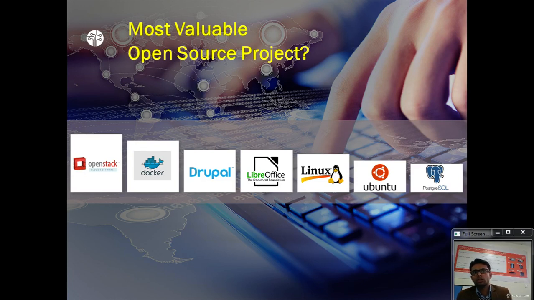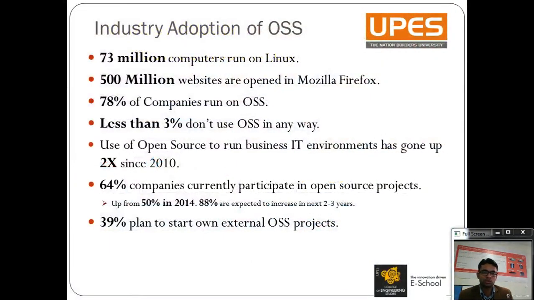And Drupal has great standard features like easy content authoring, reliable performance, and excellent security. And Docker is also an open source project that automates the development of applications inside software containers. Ubuntu is a very famous open source operating system, Linux. These are all very valuable open source projects which they have developed. So these are the various technologies in open source.